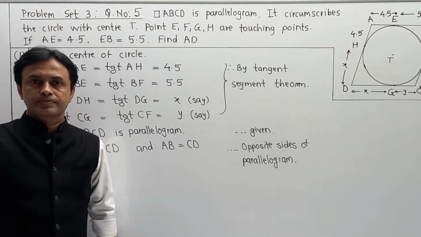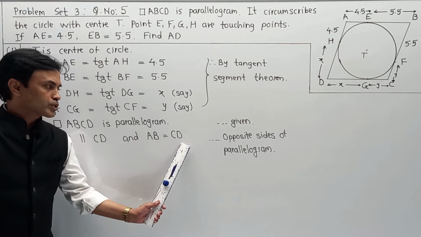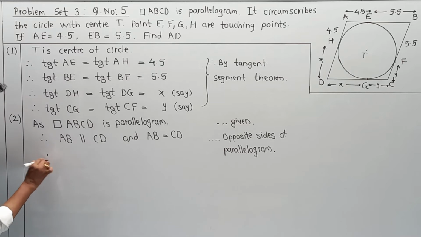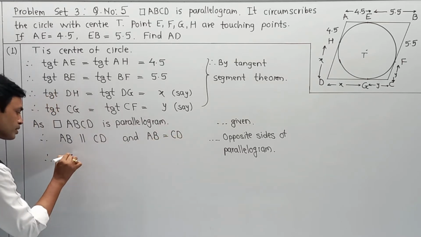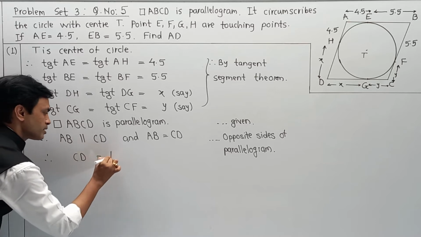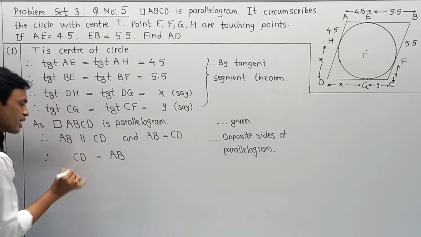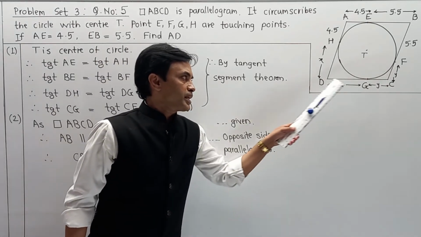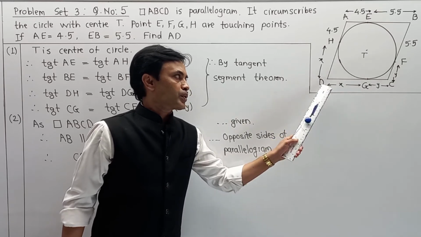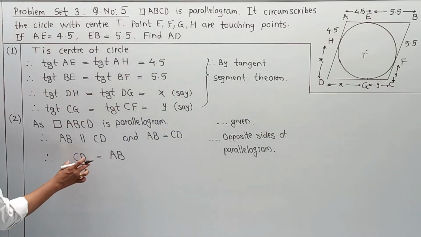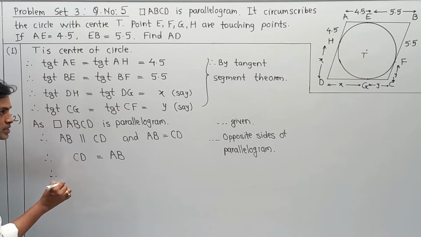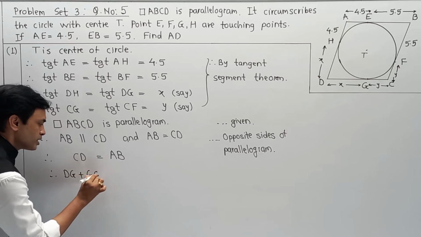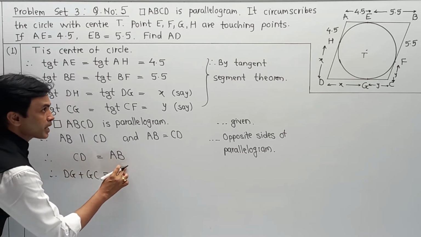Now the next part, if AB equal to CD, here I am writing CD is equal to AB. Now as CD equal to AB, what is the meaning of CD? As per diagram, CD, that is X plus Y, or you can say DG plus GC. So CD is nothing but DG plus GC, and your AB is nothing but AE plus EB,